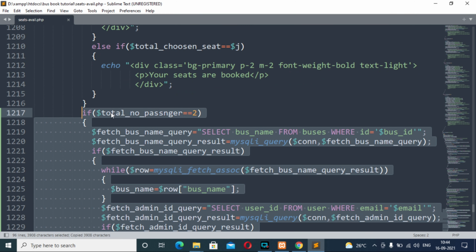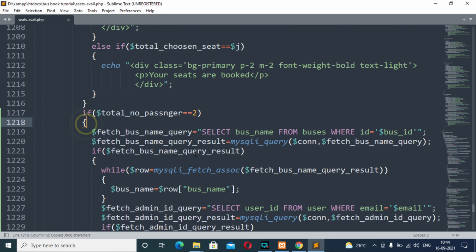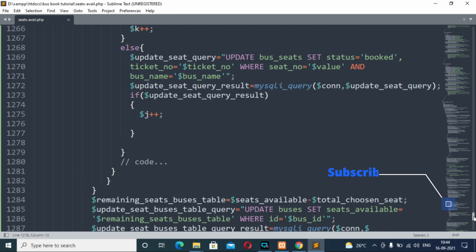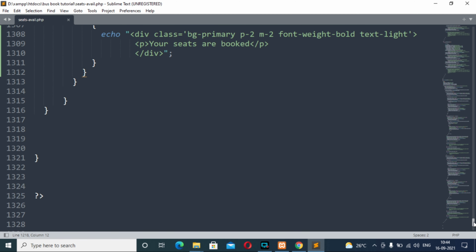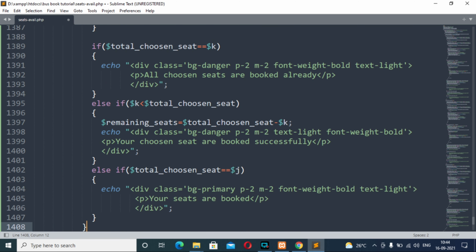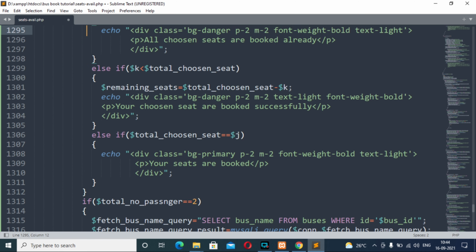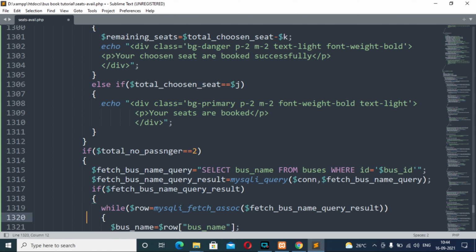Okay, Control C, and search for the closing brace for the opening brace of the if on line number 1218. So where is it? Yes. So copy this line of code from line number 1313 and change here. Here we need some changing.